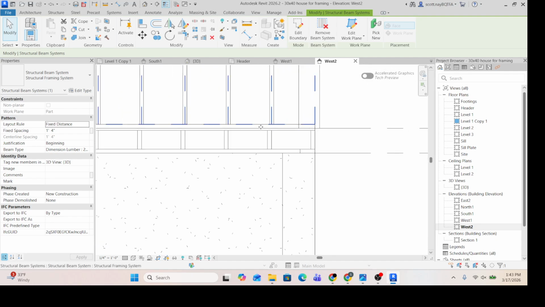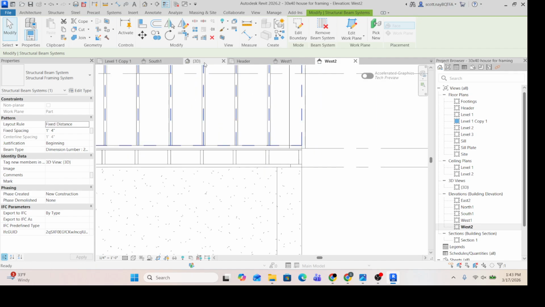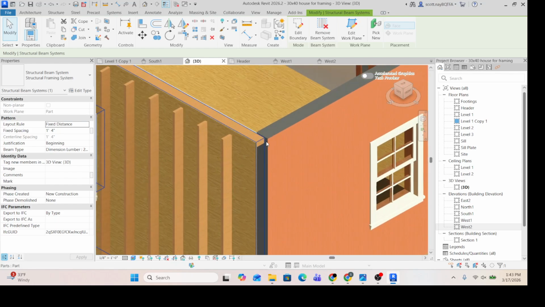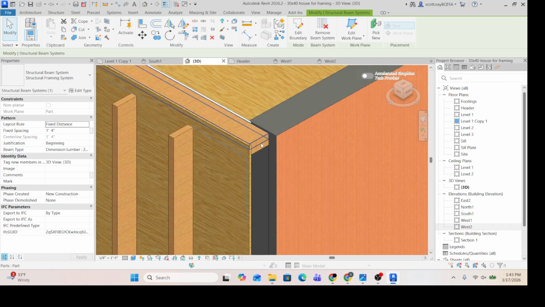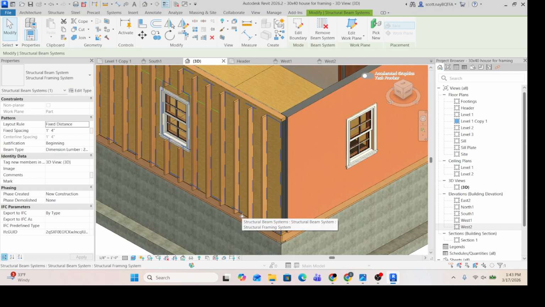And you can see we're slightly off. We're off by half the width. I'm going to check in my 3D. I'm going to see if it actually is where we want it. I'm going to go back to realistic. And it is on the wrong side of this for some reason. That's okay. I can fix it just by clicking on the beam system,